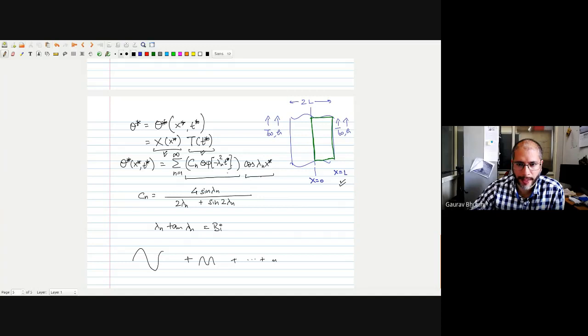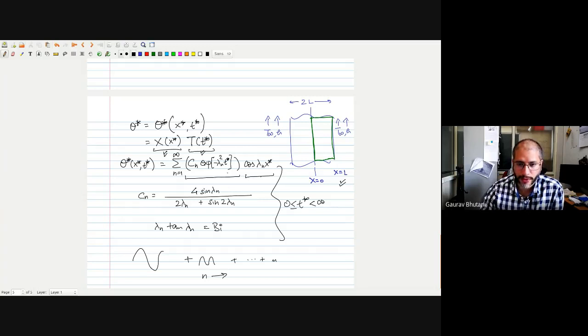We were talking about higher values of n here. So as we keep increasing n, the frequency increases, and the contribution of each higher frequency is much less than the lower frequencies. So this equation that we've written here, this solution, is true for